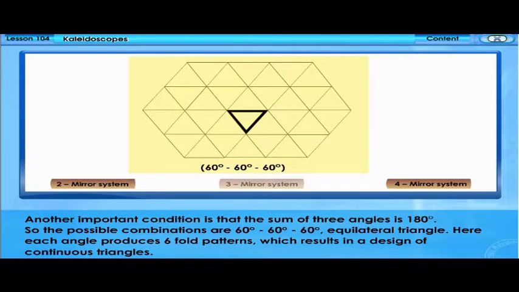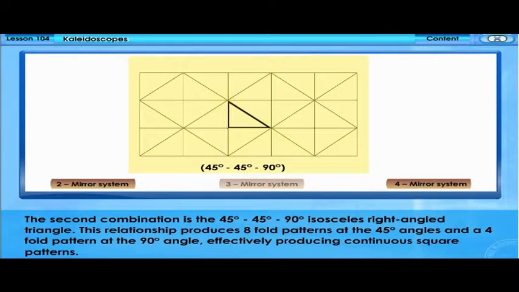Another important condition is that the sum of the three angles is 180 degrees. So the possible combinations are 60, 60, 60, an equilateral triangle. Here, each angle produces six-fold patterns, which results in a design of continuous triangles. The second combination is the 45 degree, 45 degree, 90 degree isosceles right-angle triangle. This relationship produces eightfold patterns at the 45-degree angles and a fourfold pattern at the 90-degree angle, effectively producing